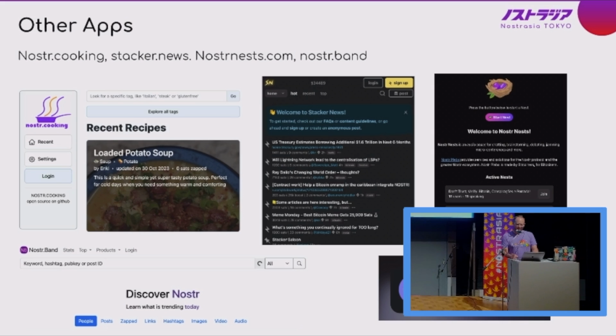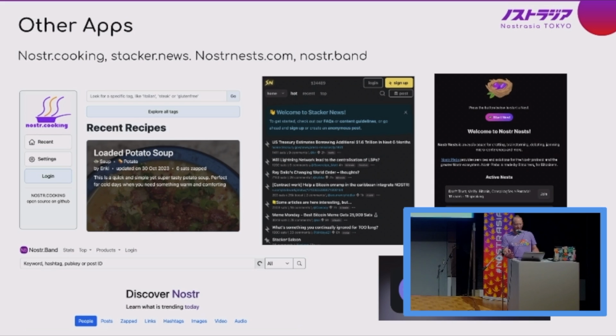Nostr Nests. So this is, if you're familiar with Twitter Spaces, often we need to have real conversations with people. You can only get so much done with notes and direct messages and stuff, and you need to really verbally talk to people. So Nostr Nest has been around for a while, maybe 8-9 months or so. I mean, that's a long time in Nostr time. And Simisol created it. I think Derek helps him run it, and it's used a lot. It's an excellent app. It's a way that people can get together in groups and talk.